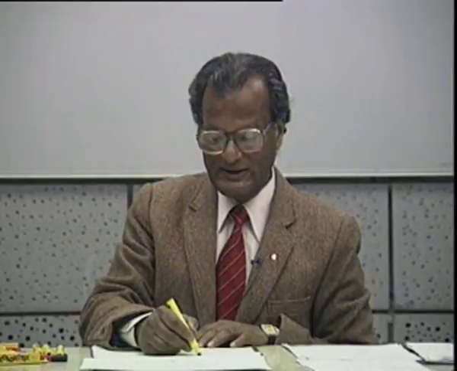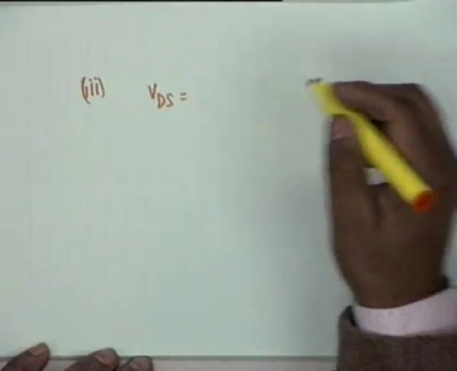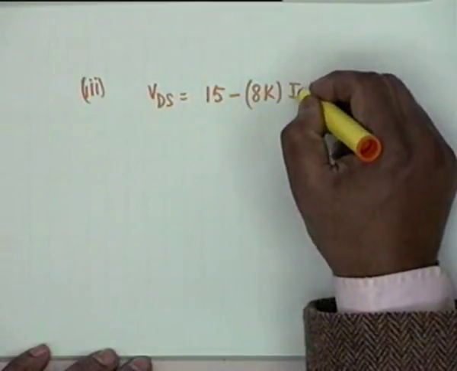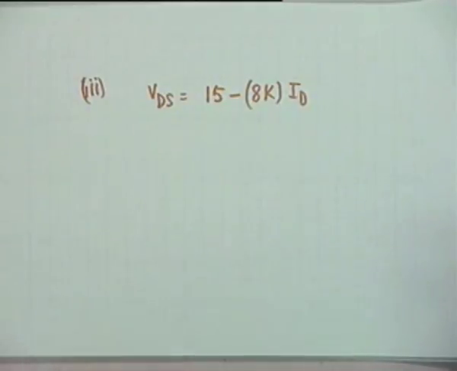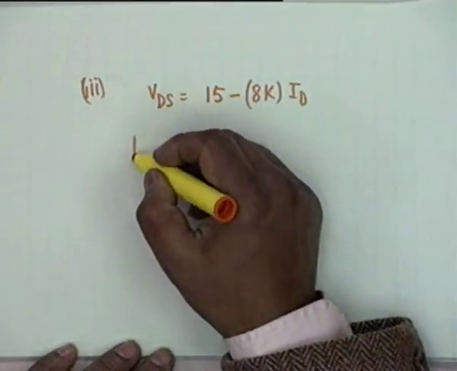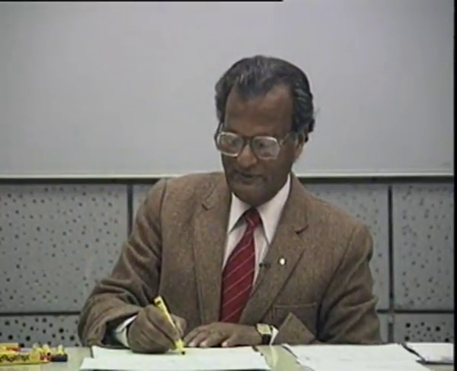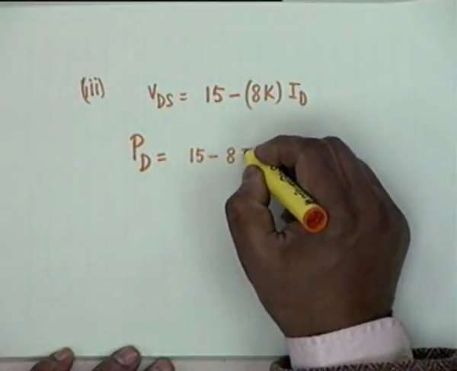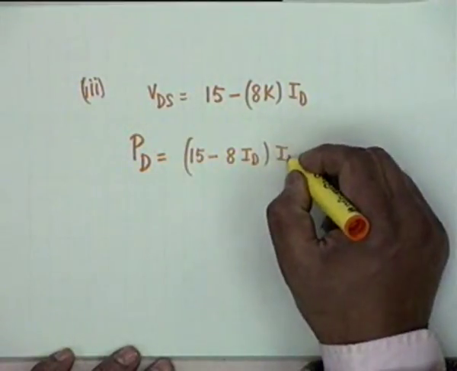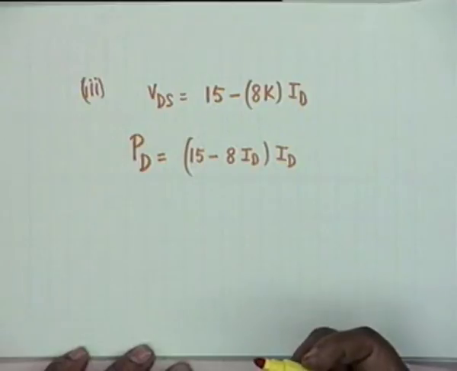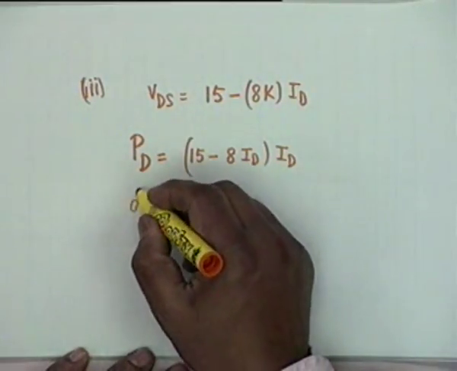Now maximum power dissipation, let us find out what is VDS. VDS is 15 minus 8K multiplied by I sub D, the DC VDS, and therefore PD, the power dissipation in the transistor. The gate does not take any current, so the power dissipation will be only due to the drain current. So it would be (15 minus 8 I sub D) multiplied by I sub D, where I sub D is in milliamperes. And you want this power dissipation to be maximum, so you put dPd/dID